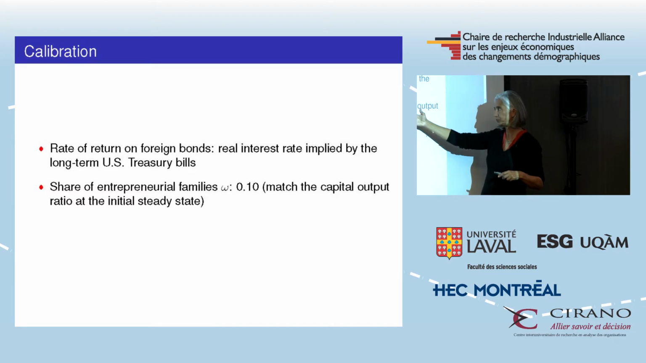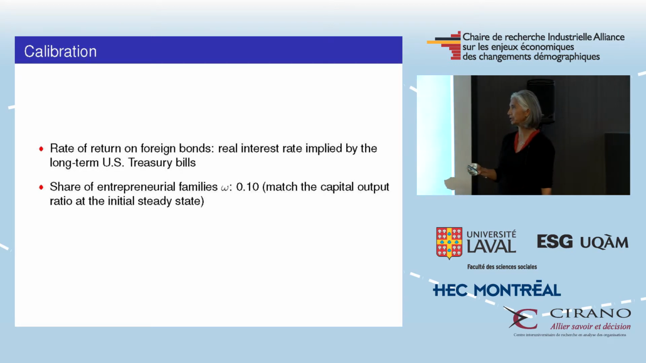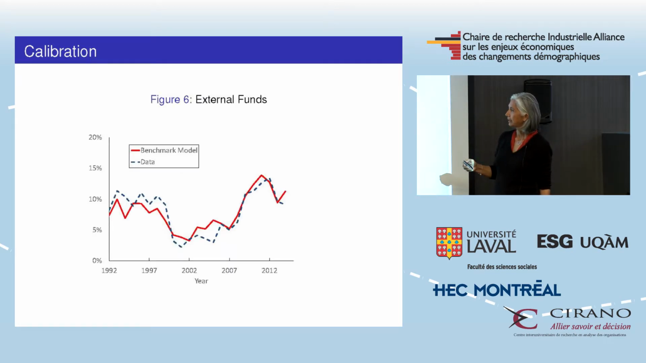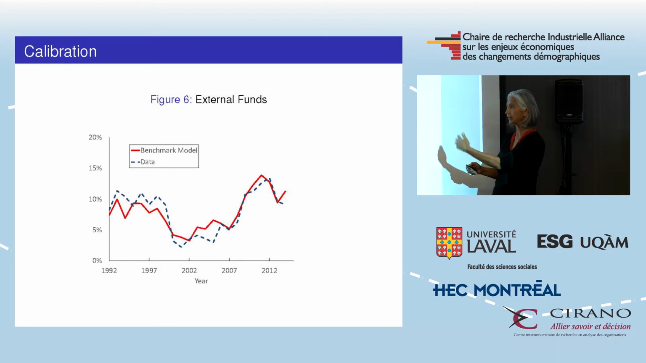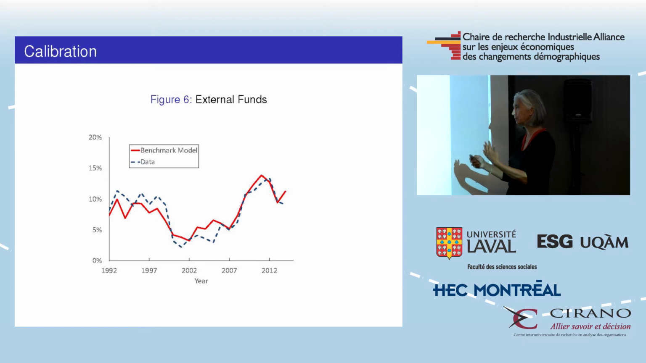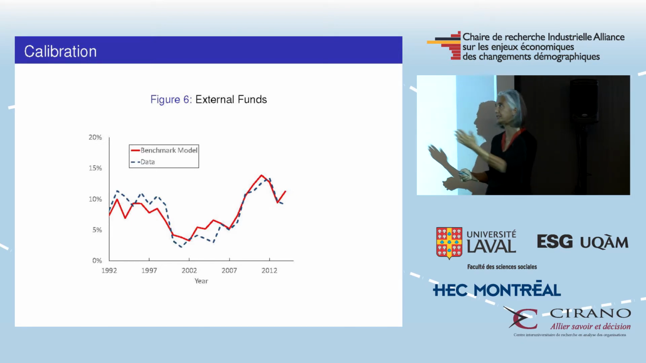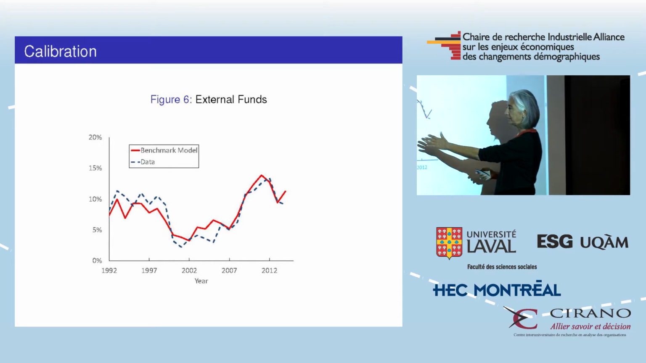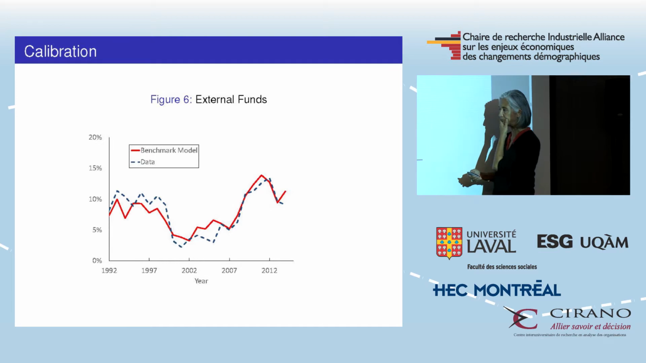And then the share of entrepreneurial families is set to match the capital output ratio. So this is the part that I was talking about: we solved the model, we solved this ETA, the financial constraints, such that the benchmark model gives us a reasonable amount of external funds that were happening in